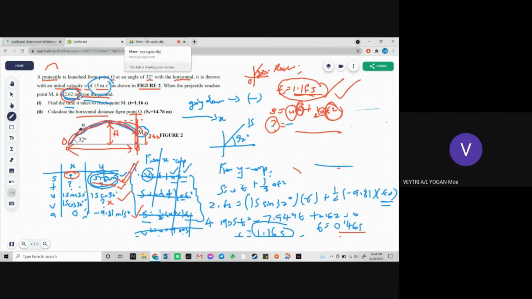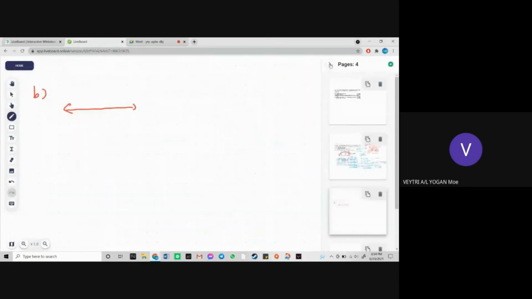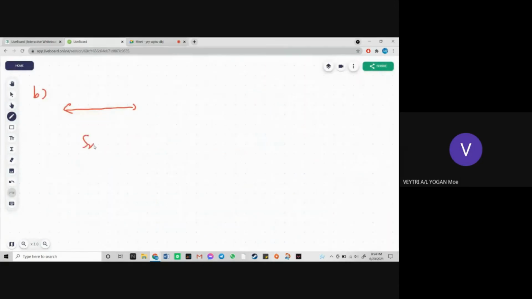So, what can you do? What can you do? You can just buat Sx atau you can put from X component S equals to UT plus 1 over 2 AT square. Kenapa ini adalah formula paling senang? Sebab A kan kosong dekat S component, dekat X component. So you can just cancel it off. But this is not the method. You have to show